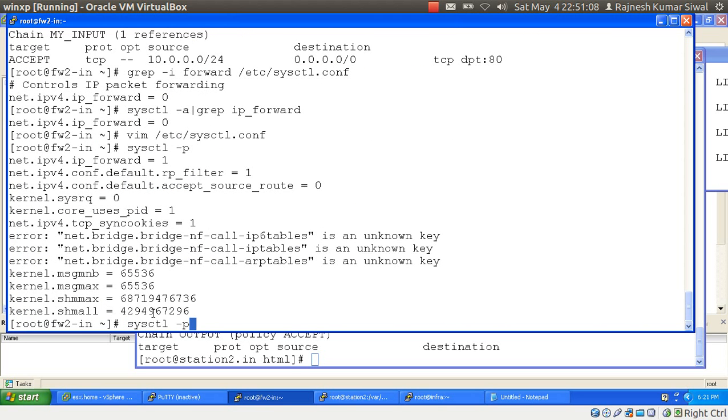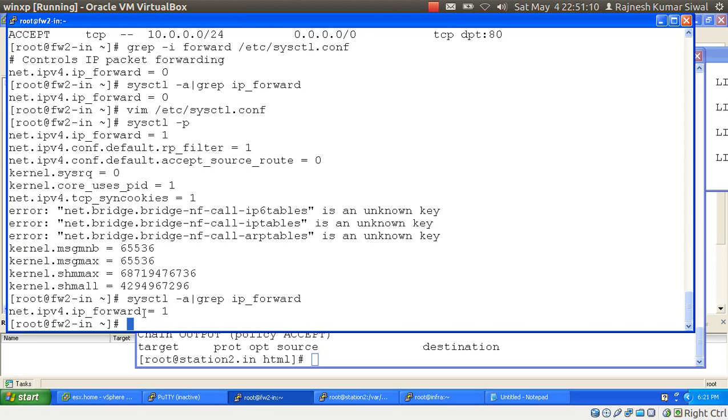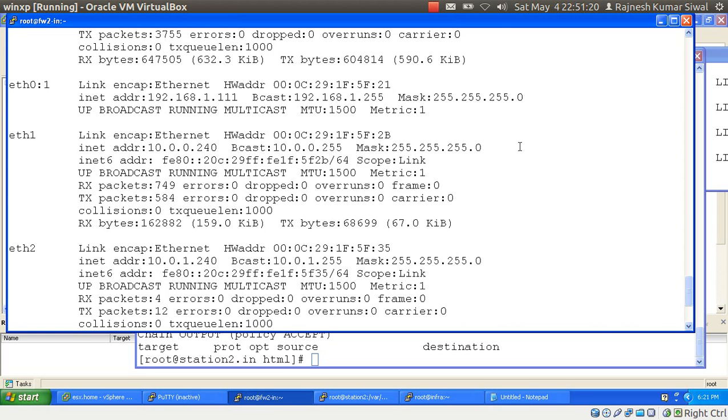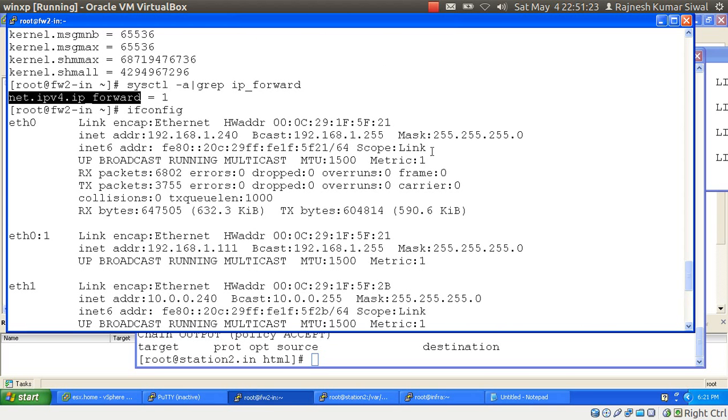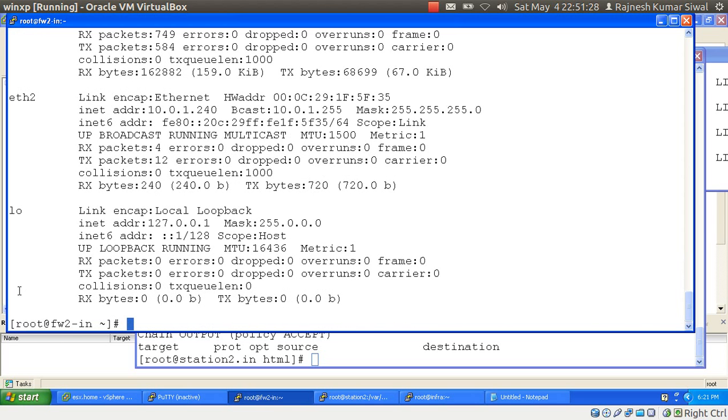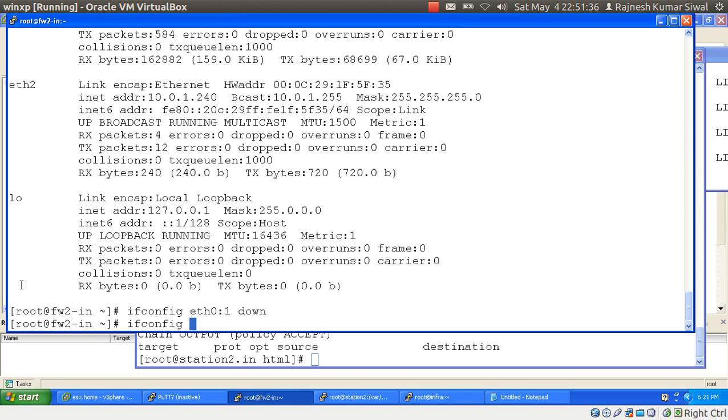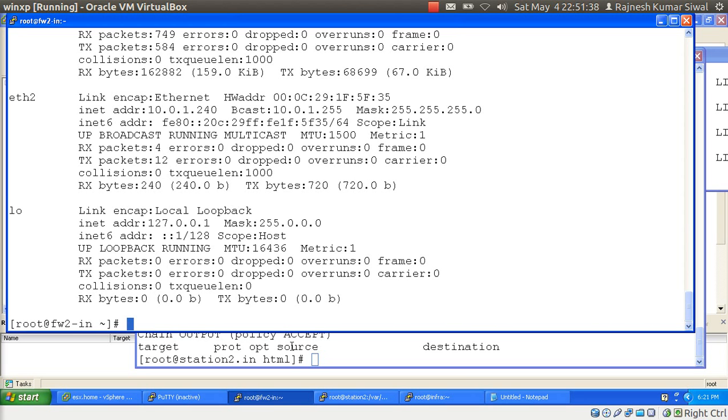Run sysctl -p to reload the sysctl settings, and now if you check IP forwarding, it is enabled. Any traffic going through one interface of this router can come out of the other interface. If we talk about this firewall, we have multiple interfaces: ETH0, ETH1, ETH2. ETH0:1 is down, I don't need it, I'll add it later on and will show you why it was added. Okay, so IP forwarding is enabled, but till now you can see that